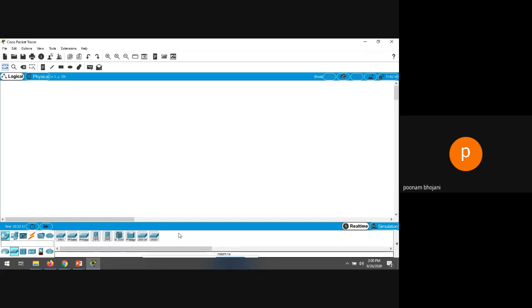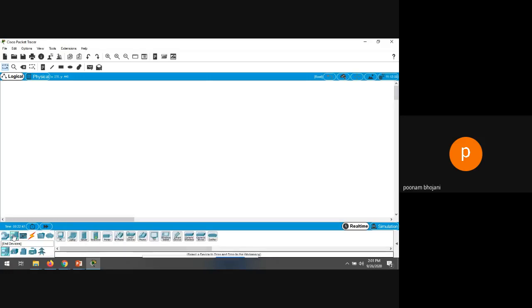So no problem. Right now we are going to use a switch as a simple central controller, so we can use any of the switches. But yes, if you want to study the Cisco Packet Tracer in detail to do more tasks, you can study this. Otherwise it is not required. You can go to help and get information about all the components available. Same way, if you click on hub, you will get different types of hubs, routers, and so on.